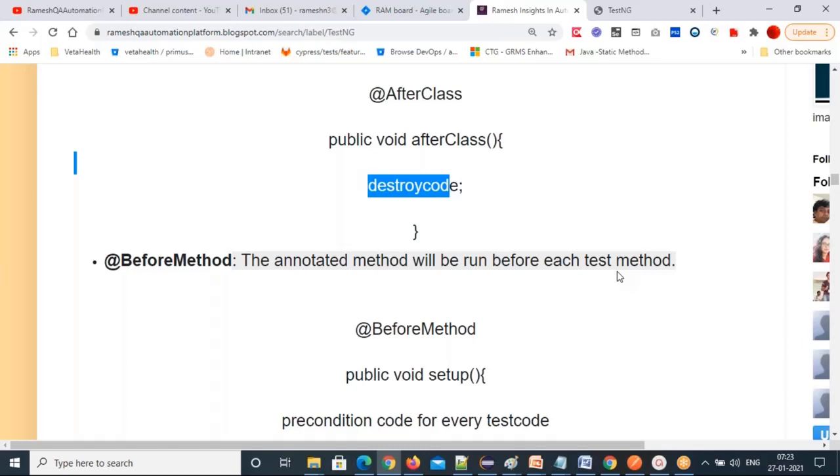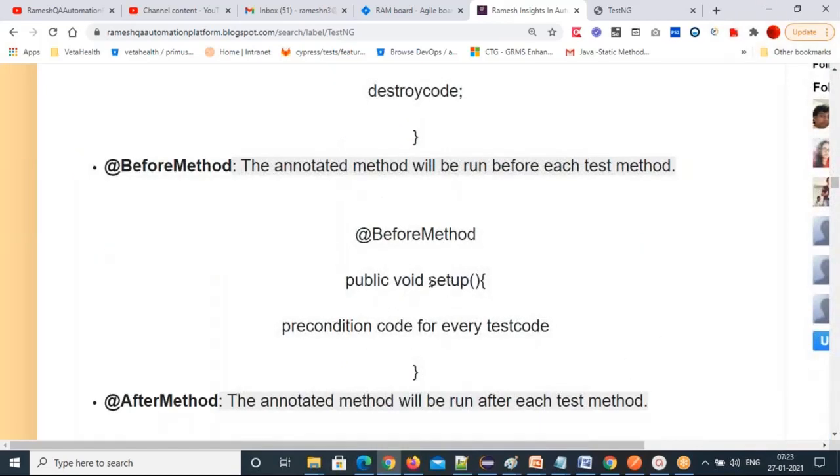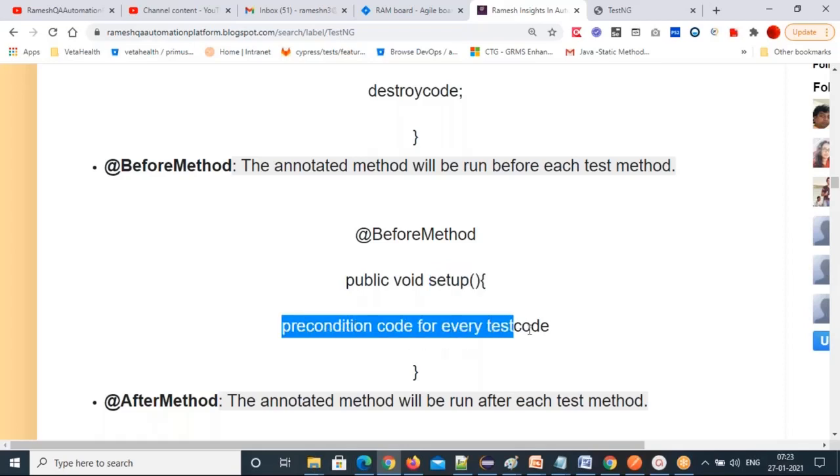With BeforeMethod, we can write public void setup method, curly braces, precondition code for every test. If you want to repeat some piece of code for every test method, you can use BeforeMethod.